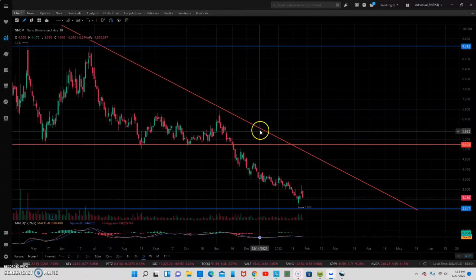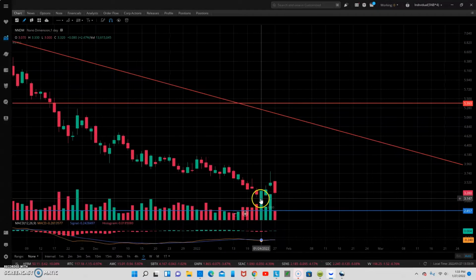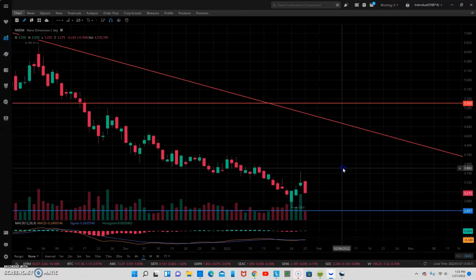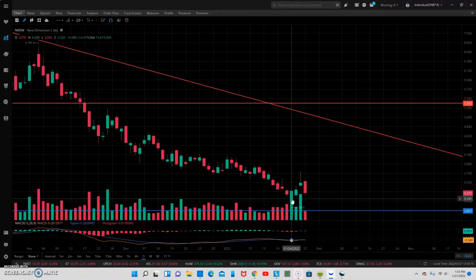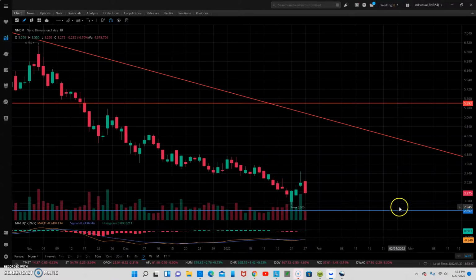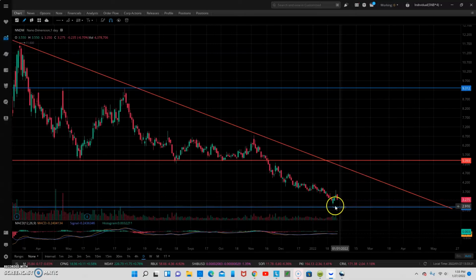So what's next for this stock? Well, let's take a look. It looks like it bottomed out here a couple days ago around $3. That was the low on January 24th over here at $3. But I have a support line set up at